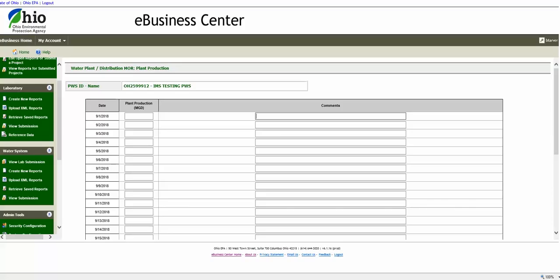And you'll be entering for each required day the following information. You need the operator of record's full name, the operator's certification number, time in, time out, and total hours.